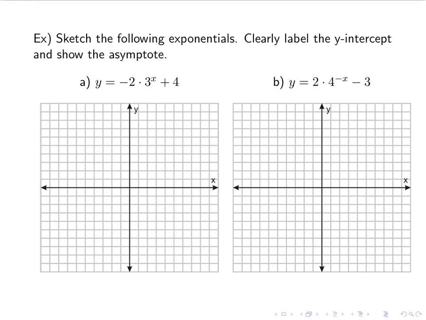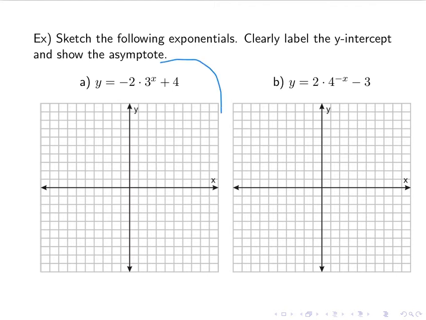So y equals negative 2 times 3 to the x plus 4. Here I'm going to ignore the plus 4 for now to figure out which of those 4 general pictures my graph is going to look like. My a, my coefficient, is negative, but my exponent is positive. So that is going to be the bottom left, if I'm remembering this correctly, of those 4 pictures, which hopefully you can go back and look at. Okay, so negative coefficient, but positive exponent